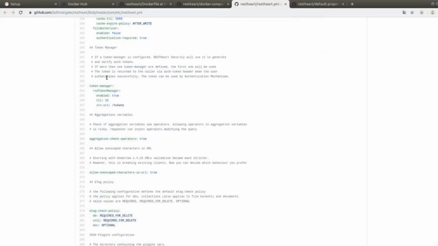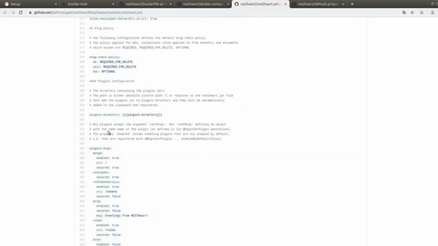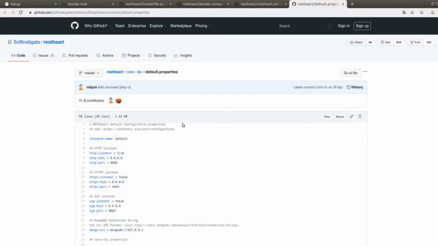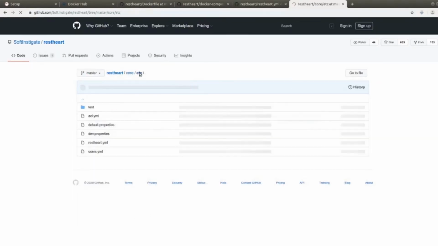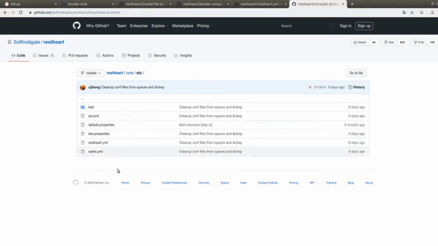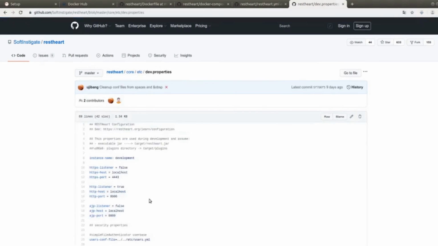This is the part dedicated to the security, which is also the trickiest part. In short, this is the structure of the configuration file, and we have the chance to define more .properties files. In fact, on GitHub, we can see two .properties files, the default and the dev, which has different properties.